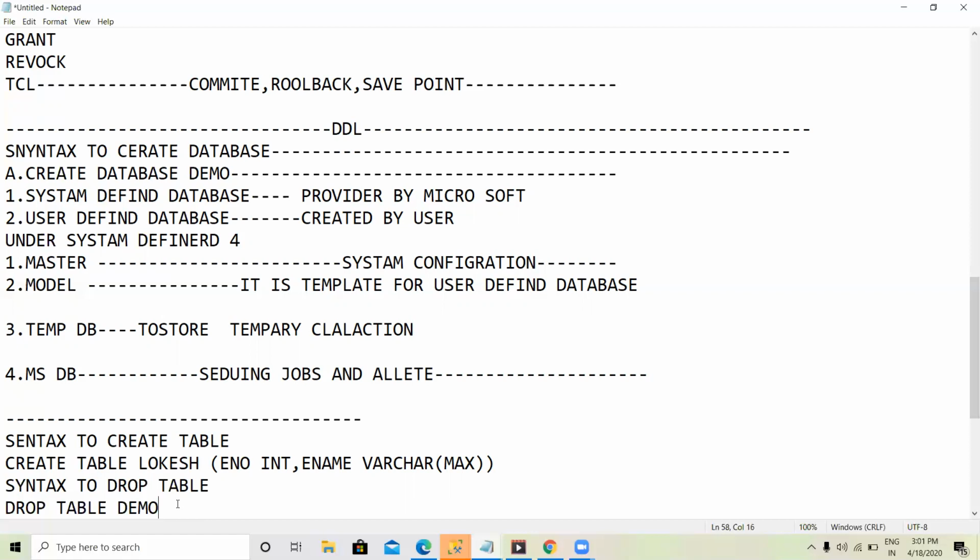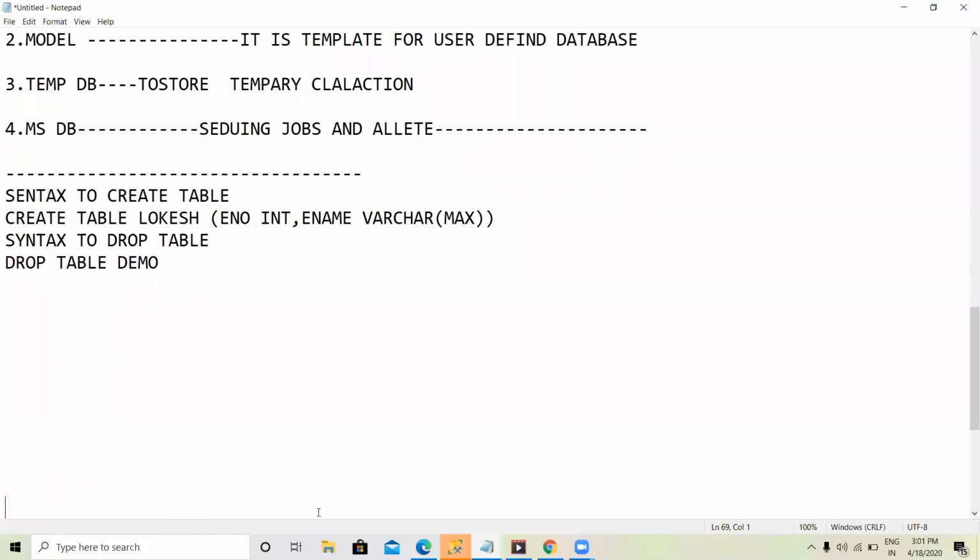Let us discuss another important topic: the difference between delete and truncate. I forgot to discuss alter commands. I will discuss them later in another class. We will concentrate on important topics from the interview point of view.